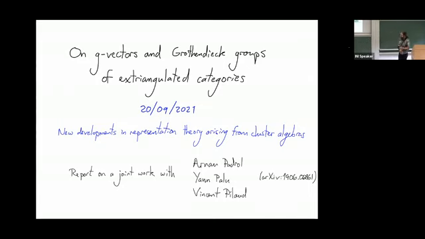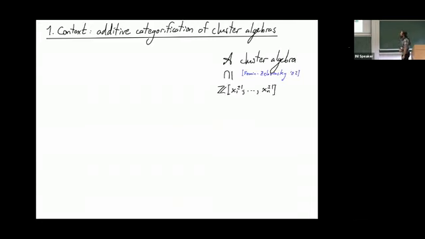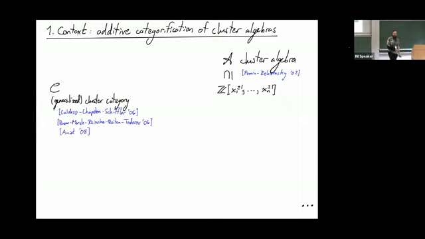Okay, so let's start with cluster algebras. That's the context for this talk, even though I won't really be working with them. If you have a cluster algebra, as defined by Fomin and Zelevinsky, it is a commutative algebra that sits in an algebra of Laurent polynomials. And I want to talk about categorification. So on the other side of this picture, there's a triangulated category, or maybe an exact category, depending on what you prefer. But in this talk, it's going to be, for the moment, the triangulated category, the cluster